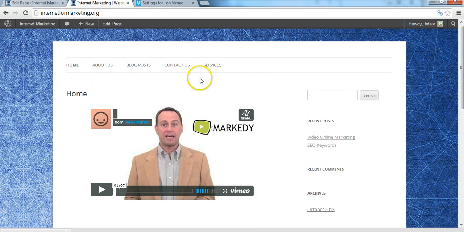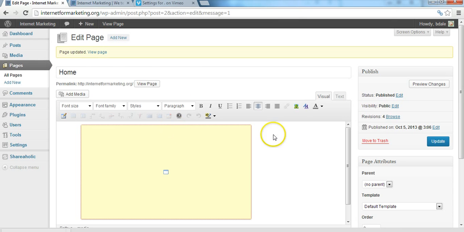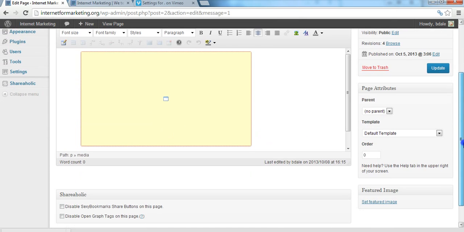What we want to put forth for your consideration, especially if you're just starting out, is one thing that you want people to focus on if you use video. Again, written text can be inserted at any time instead of video. And images, we showed you how to insert images into posts. The same is true for pages. However, with the home page, if you want the sole focus on your video and a call to action, you want to go to the template section. You want to drop that down,